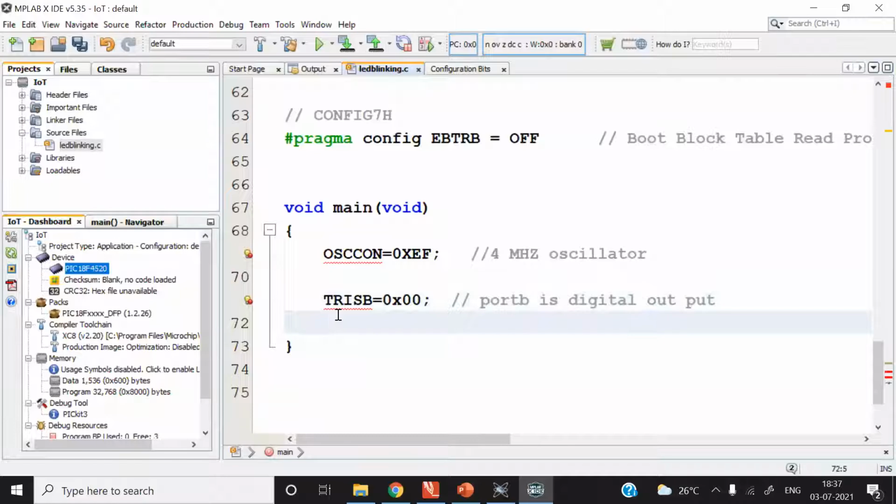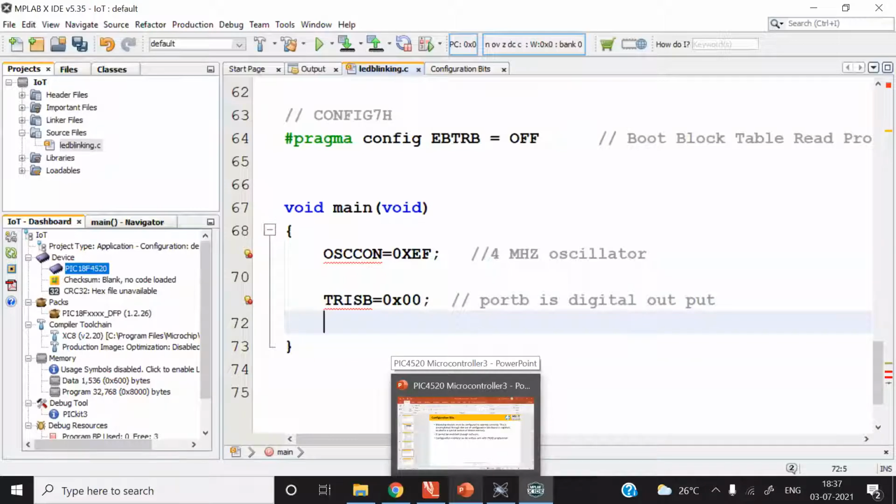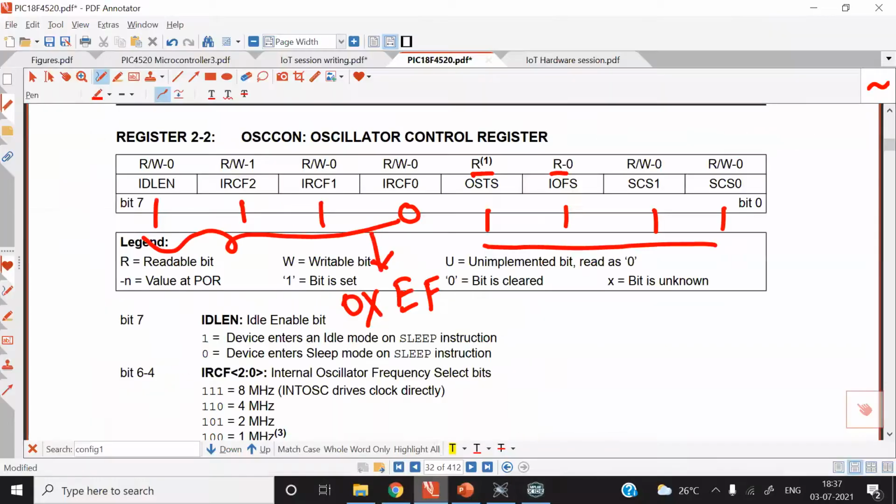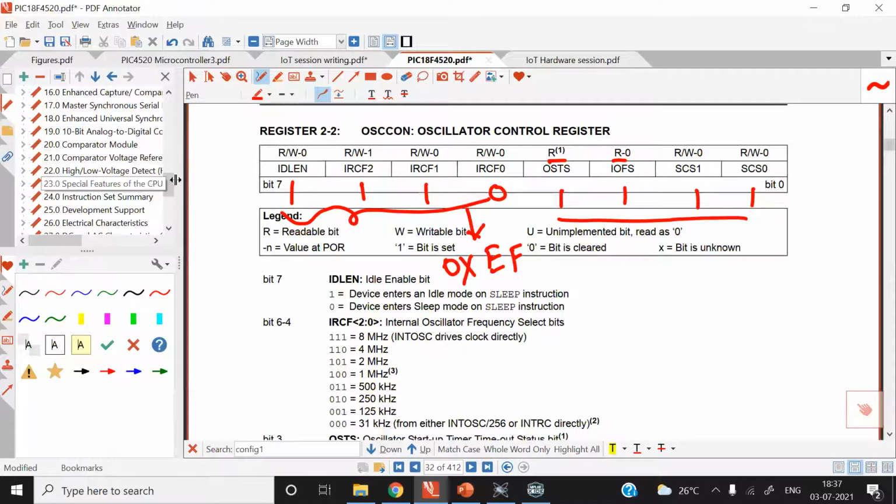Another important point related to port B is that some of the port pins may become analog. However, through configuration bits, we have to ensure that those port pins are digital input output pins. Let me open the ADC section.